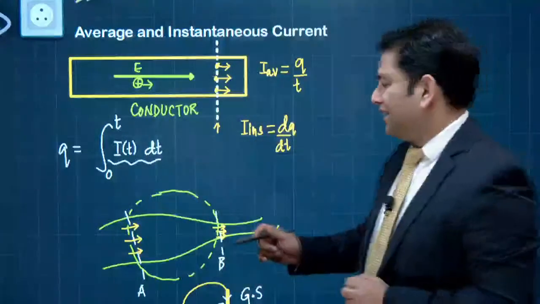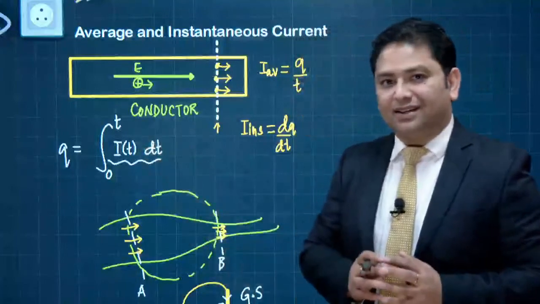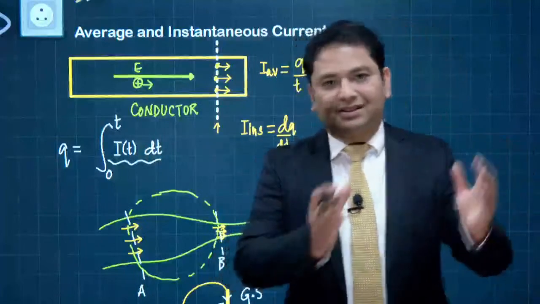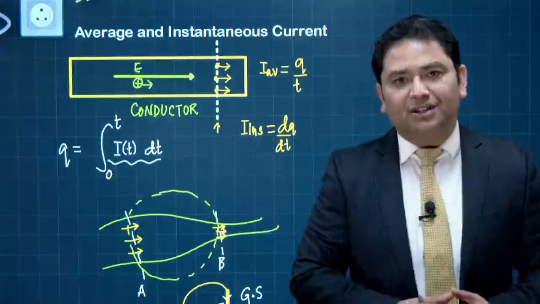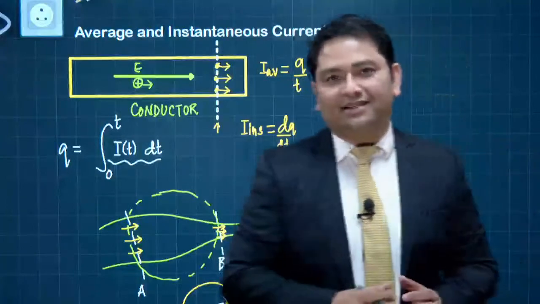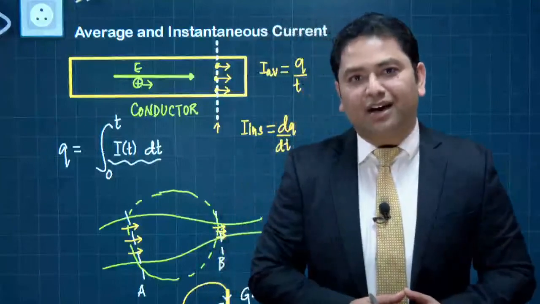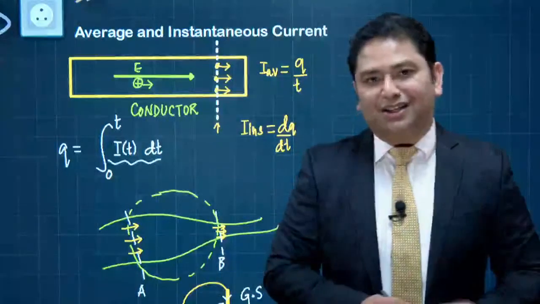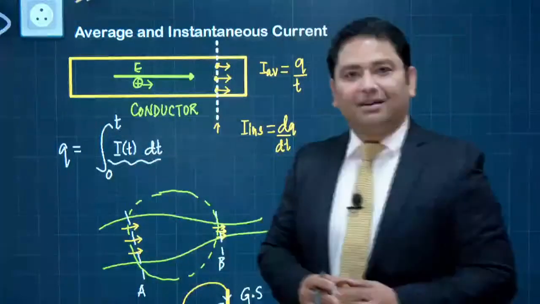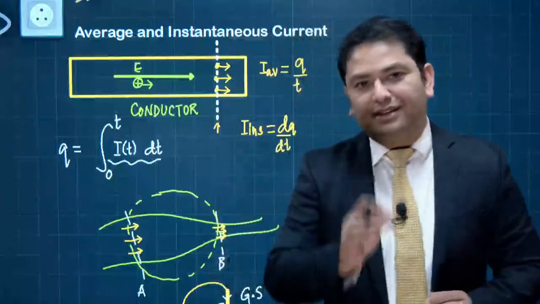इसी चीज को देखिए, we can also see graphically. अगर हम ग्राफिकली देखें, हम सबको पता है the graphical significance of integration is area. Integral y dx, इसका मतलब है area enclosed by the y-x graph. By the same logic, by the same token, integral I dt, इसका मतलब है area enclosed by the current time